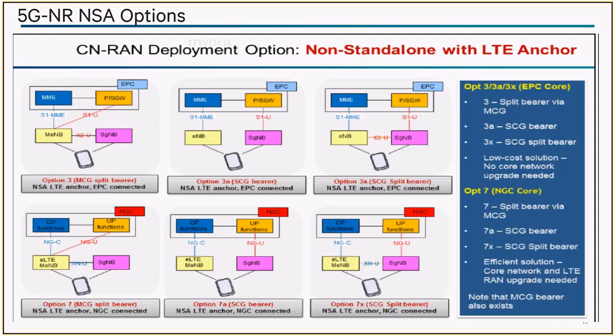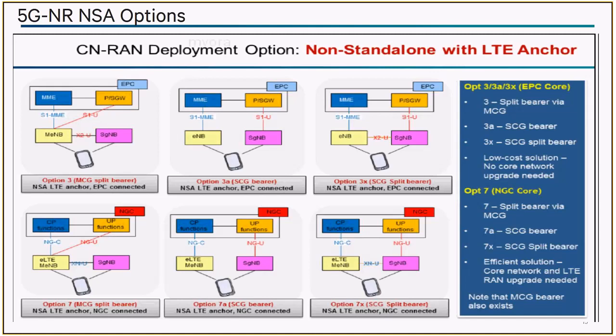In option 3, there are three different possibilities. Option 3, essentially what it talks about is that there is a next generation eNode B, an evolved eNode B, and you still use the old EUTRA packet core. In case of option 3, the user plane data from the EPC comes all the way to the LTE eNode B. Then a portion of that user data, or the entire user plane data, can be directed towards the 5G Node B, and the UE could be connected to both LTE and the 5G base station and get user data from both of them. So this becomes essentially a sort of dual connectivity configuration.